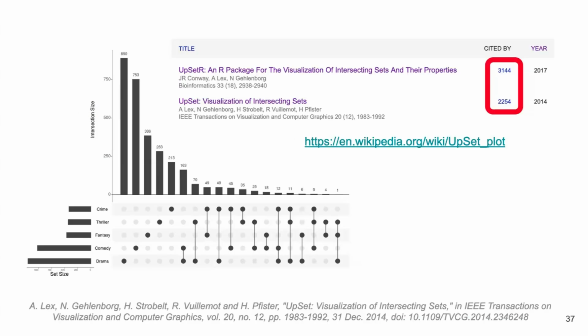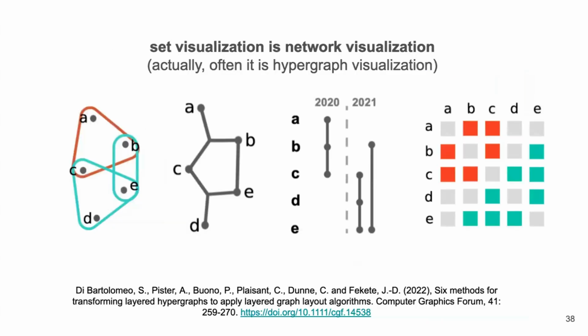You might argue that this is barely any network visualization. Where is the network? But set visualization is actually network visualization, right? If two nodes are in a set, you might as well consider there's an edge in there. These are 4 different visualizations of the same network. Often,